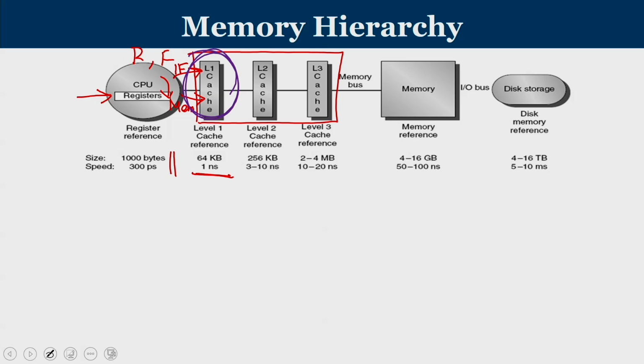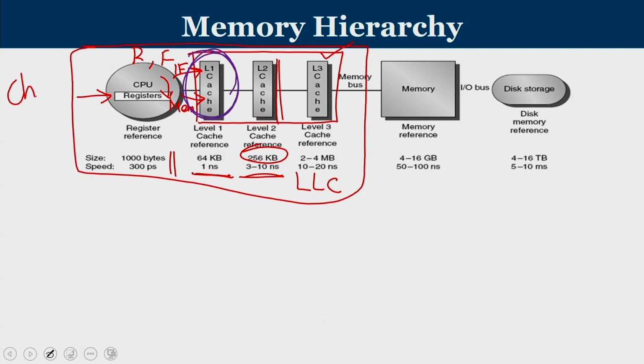And then we have a little bit larger next level cache, that is called your L2, which will take close to 10 nanoseconds or even slightly more than that. It will be roughly in the order of 256 KB or 512 KB, and sometimes it can be up to 1 MB as well. And some processors have a third level of cache, that is the L3 cache. Whatever be the case, we have a terminology called LLC, last level cache. Last level cache can be either L2 sometimes, if that is the last cache hierarchy that you have on the chip, or it can be L3 cache as well. So the whole thing is inside your processor chip.